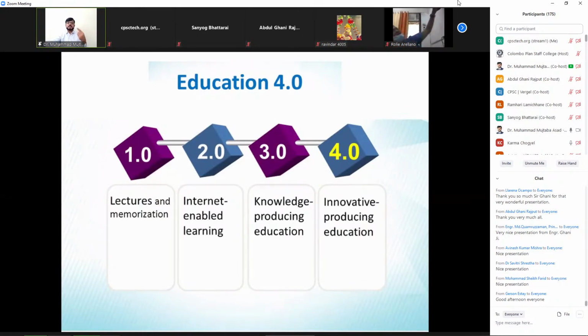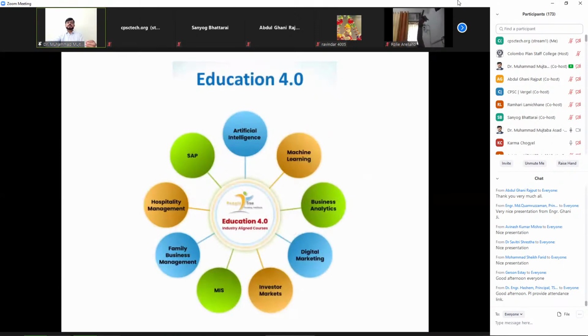We have to align with the need and demand of the industry, and it is emphasized that we need to integrate technological aspects, such collaborative tools and digital tools, among our learners and train our faculty, so that we can grab the market and the industry based on the skills and needs. Similarly, because we are talking about educational tools and collaborative learning approaches, Education 4.0 also emphasizes that by using artificial intelligence, machine learning, business analytics, blockchain, digital marketing, and management information system, we can help those